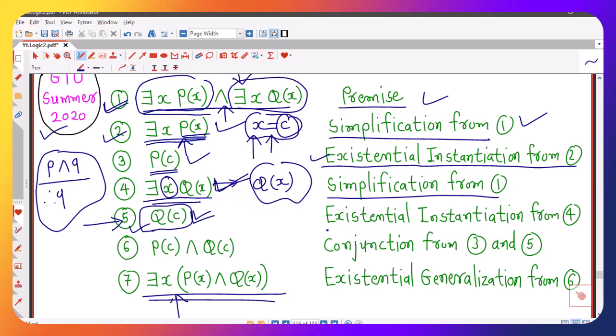So this is the error in this method which we have given to us. Q(c) means Q(x) is true for x equal to c. In step 4 they have written that there exists x Q(x). That means there is some value of x for which Q(x) is true, and they are considering that value of x as c, which is used in this step. But it is not necessary that Q(x) is also true for the same value of x for which P(x) is true. So this is the error